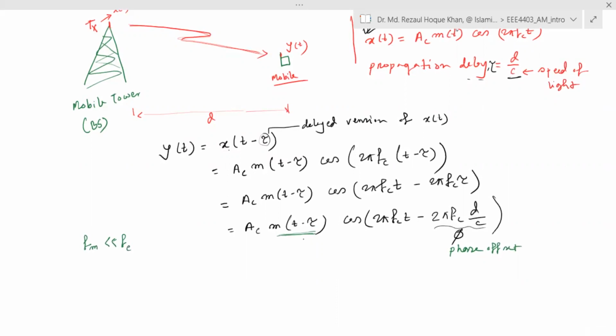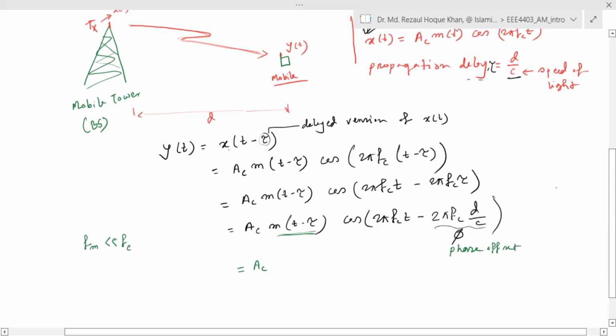That means the frequency change in the message signal m(t) is very slow. The maximum frequency component fm of the message is much lower compared to fc. That's why we can actually write